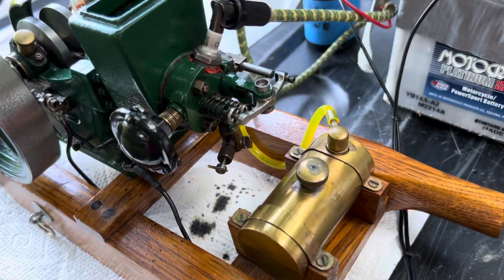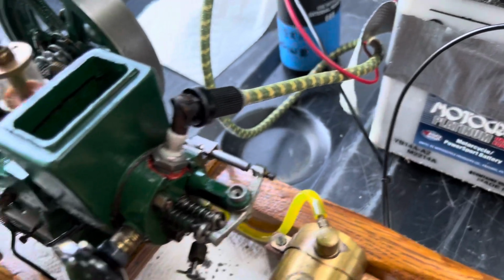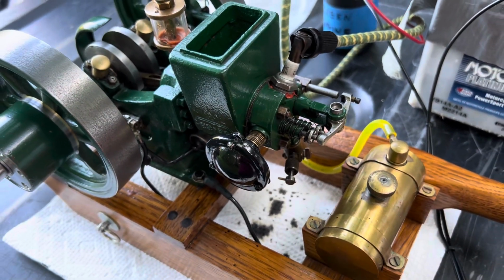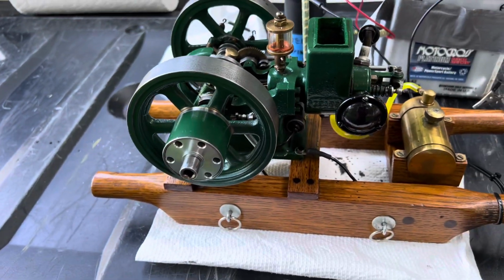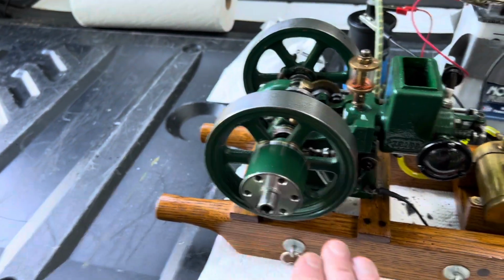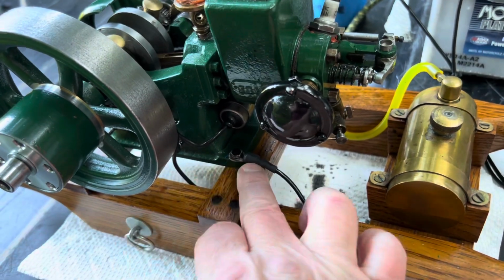My gas is kind of old. Like I said, it did smoke pretty much, and that's why I brought it outside. Let's see, what else do we have? That's the main thing. And then, like I said, I rewired this,